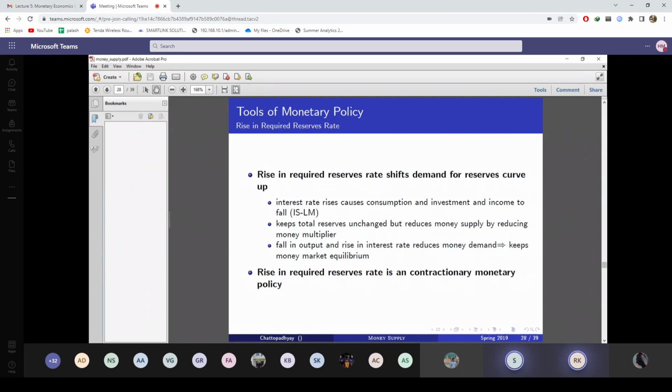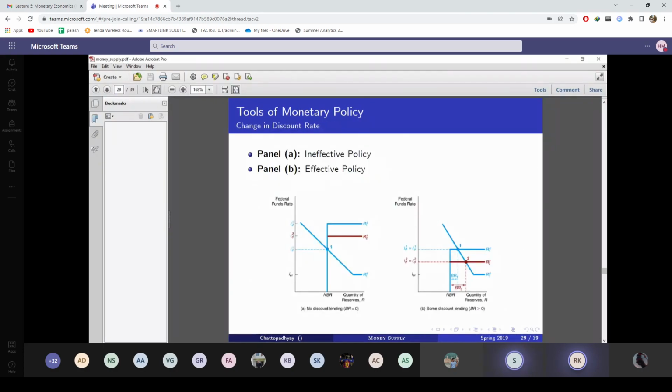The ultimate purpose was to reduce money supply, initially with sterilization, then with required reserves and SLR. And the last was this one,